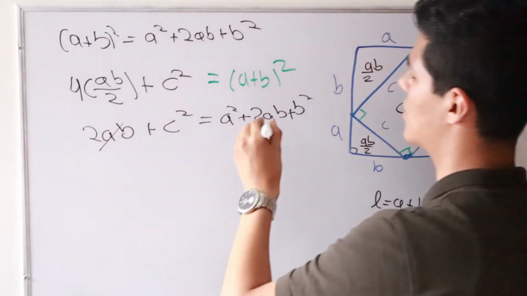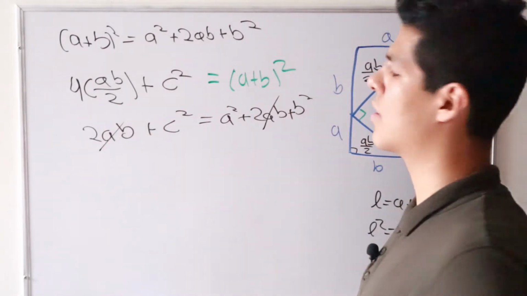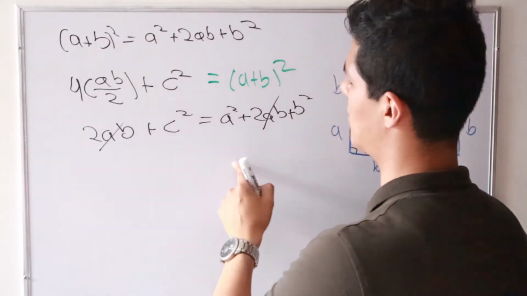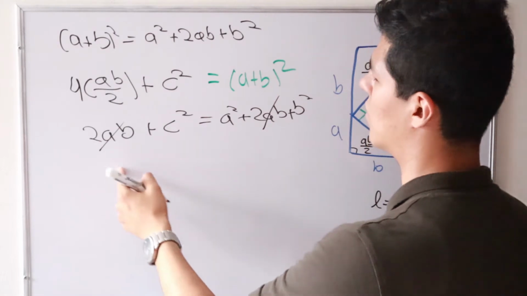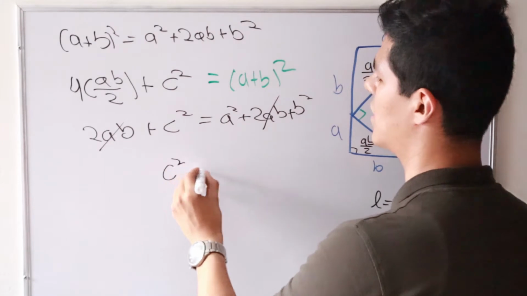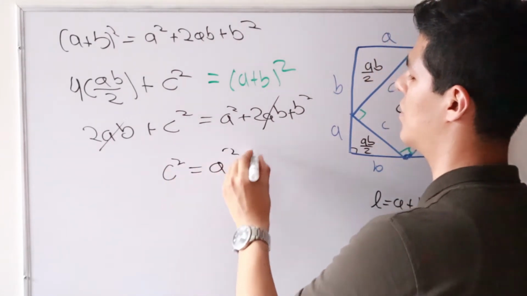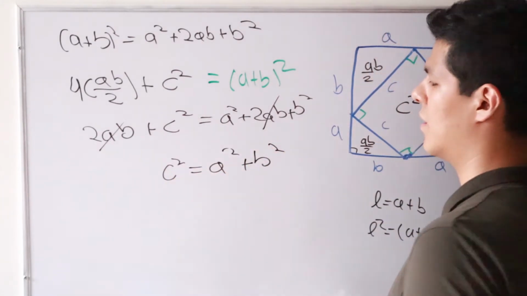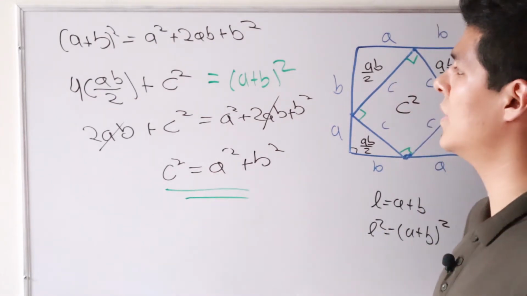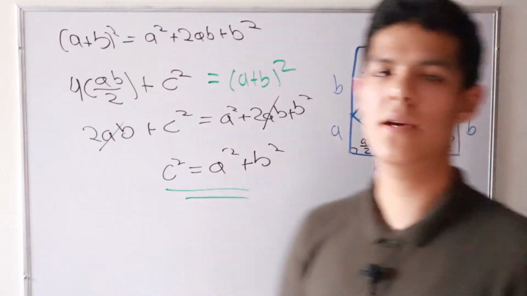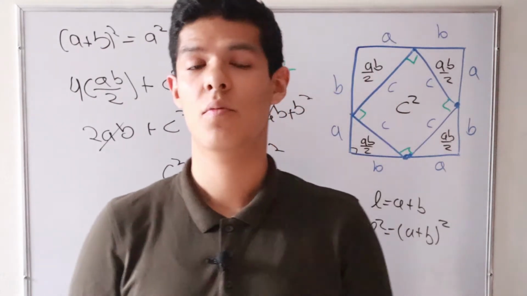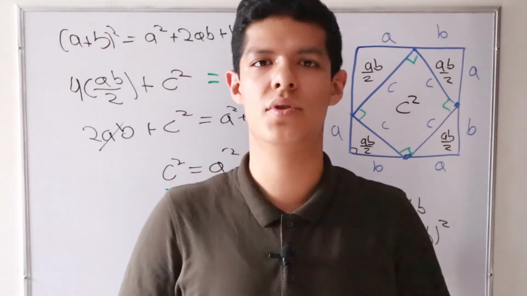So the 2ab terms cancel with each other because of the additive identity on the real numbers, and we have finally that c squared equals a squared plus b squared, as we wanted to prove. So this is an easy one to discover the Pythagorean theorem, but it is crucial to see